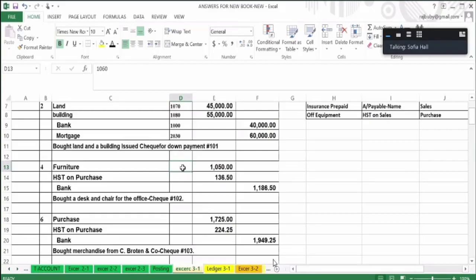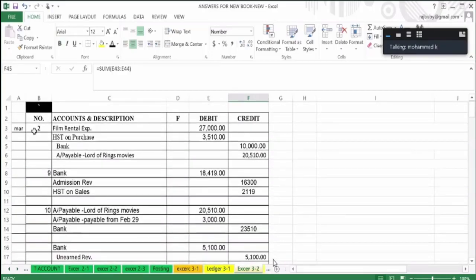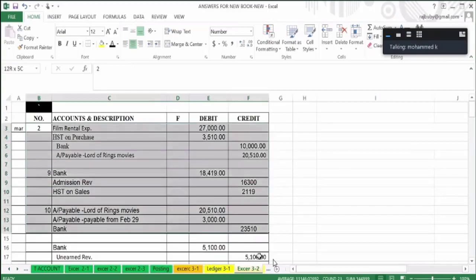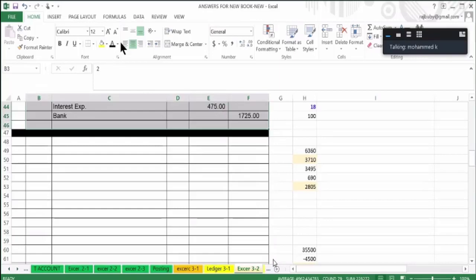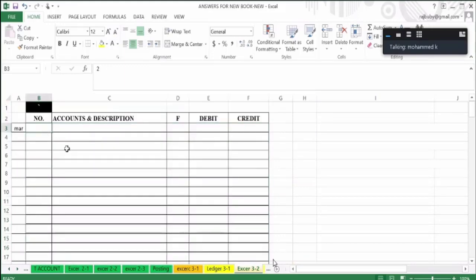3-2, that is about unearned revenue, accounting for unearned revenue. Do you want to read unearned revenue? Anybody? Sure. Okay. So unearned revenue is money received from a customer for work that has not yet been performed. This is advantageous from a cash flow perspective for the seller, who now has cash to perform the required services. Unearned revenue is a liability for the recipient of the payment. So the initial entry is a debit to the cash account and a credit to the unearned revenue account.